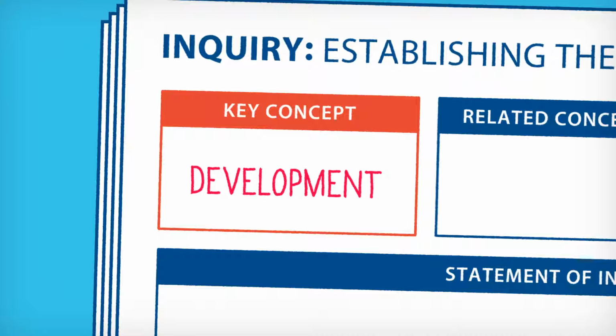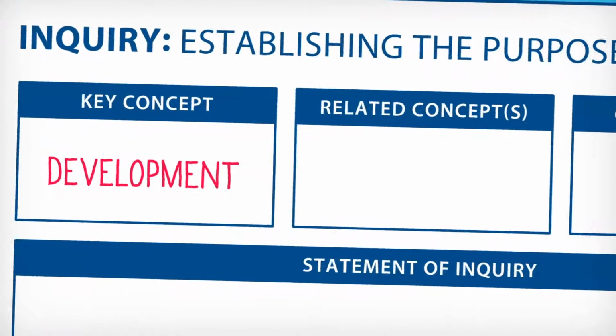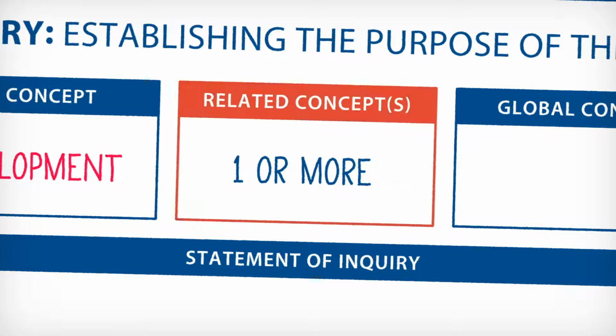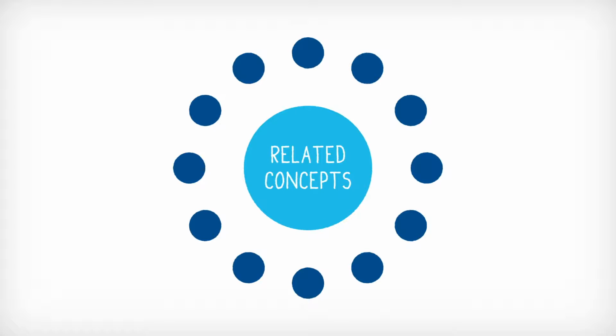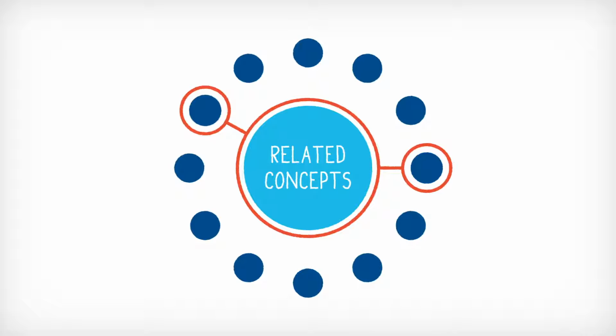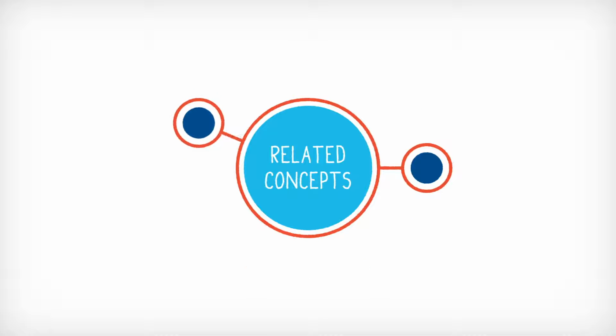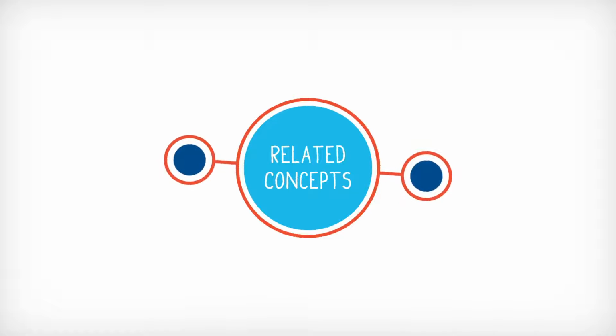In order to explore the key concept in greater depth and detail, you will also select one or more related concepts. There are 12 related concepts prescribed for each subject or discipline. It may be best to select just 1 to 2 related concepts for each unit, especially in the early years of the program and in shorter units. This allows the statement of inquiry to be clear and succinct, and the concepts to be fully explored during the